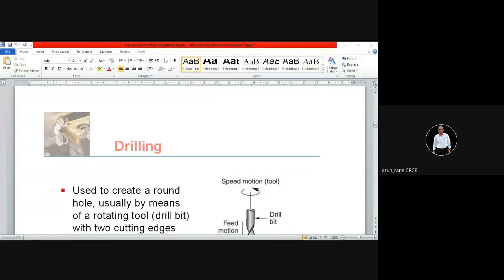Can you name 2 or 3 chip removal processes? Or what is the difference between chip removal and chipless process? Or any example of a chipless process? Drilling and turning, yes, these are chip removal, and chipless means there are no chips. So any example? Press, you know, mechanical press. So embossing, you know, the raised letters on the belt. So that is embossing. Any operation on the press, there are no chips, so that is chipless.